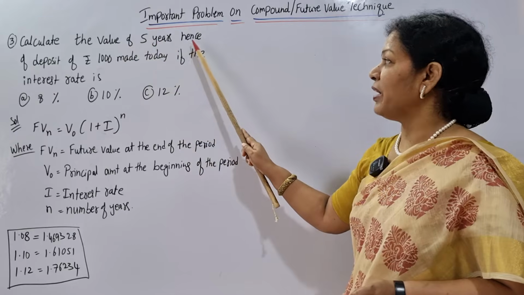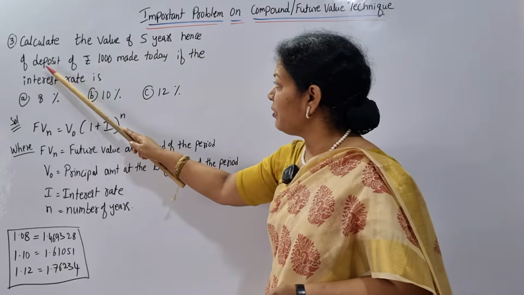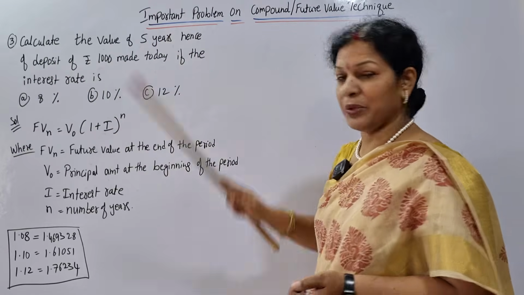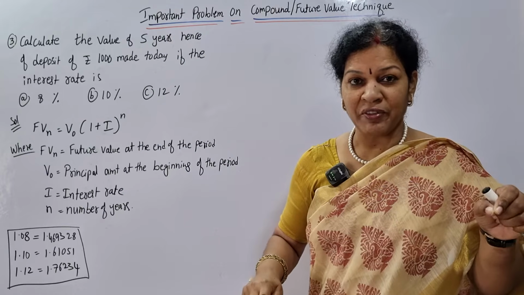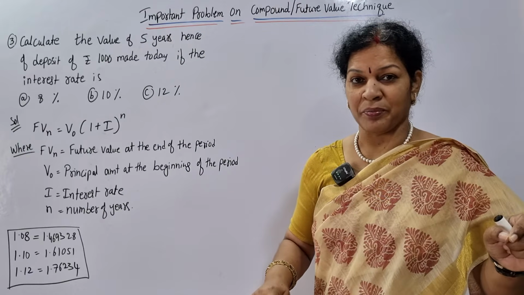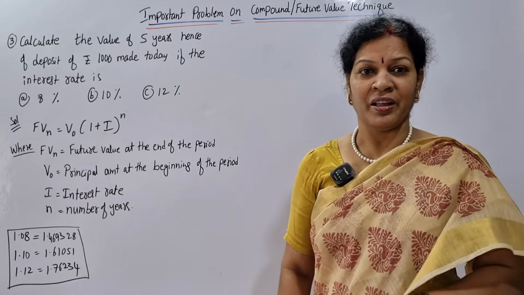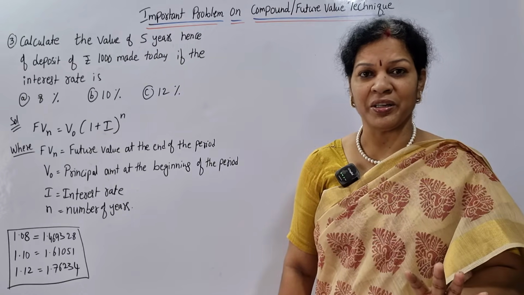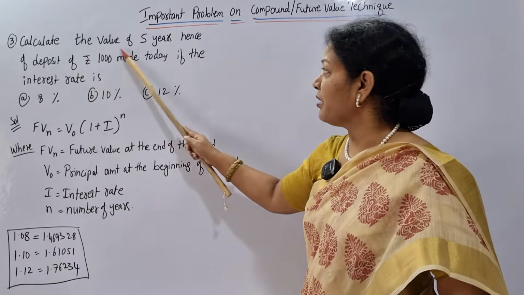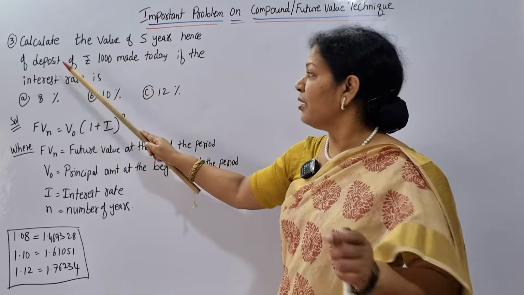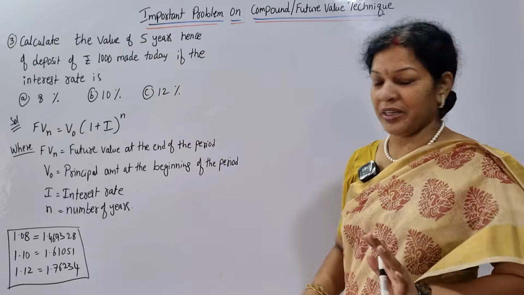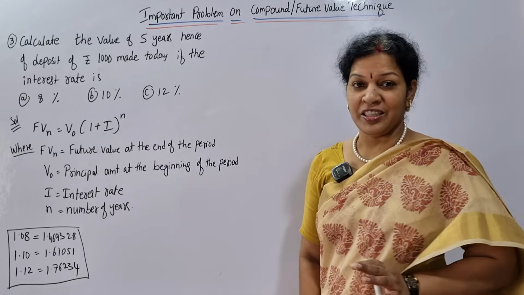Calculate the value 5 years hence of a deposit of 1000 made today. Means today we are making a deposit of 1000. Calculate the value 5 years hence means we have to calculate future value. They don't tell you directly, we have to understand. Calculate the value 5 years hence of a deposit of 1000 made today if the interest rate is,